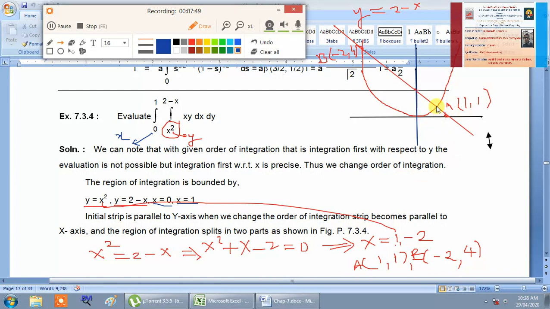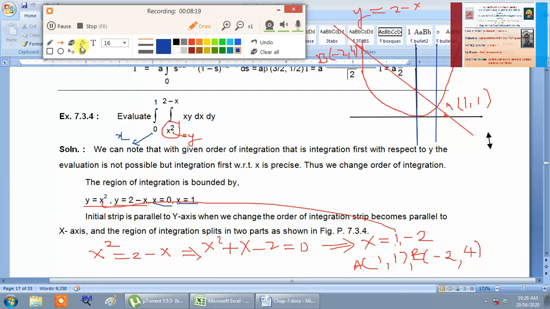If you do not find the point of intersection, you will be confused whether x equal to 1 passes and intersects two different curves at two different points, whether it passes through the common point of contact, or whether it passes after the common point of contact and intersects the two curves separately. So there are three possibilities. But if you find the point of intersection, which possibility is correct? The middle possibility is correct, that line passes through which point? (1, 1). So x is equal to 1.